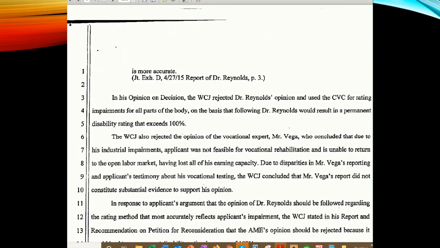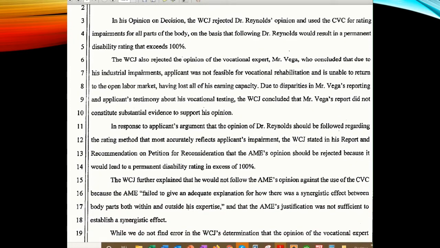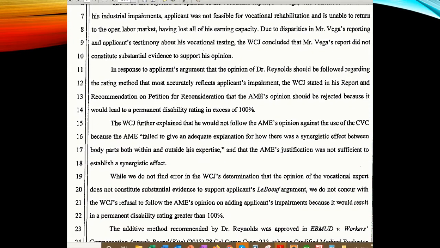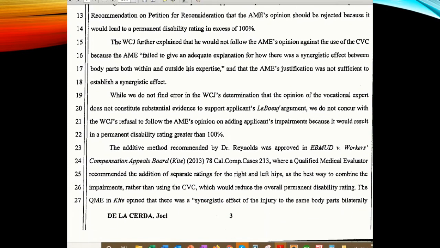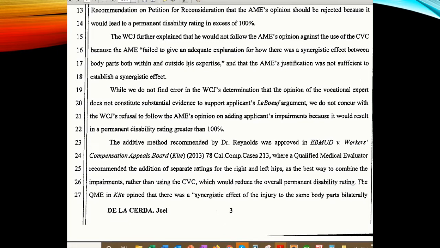Now again, he doesn't describe how or why they result in a greater impairment than would otherwise be calculated through the use of the combined values chart. He simply states that they do, and in my opinion, his reasoning and the support for it is not strong, but the appeals board saw things differently. So the appeals board tells us that the additive method